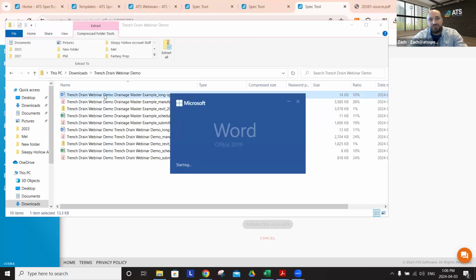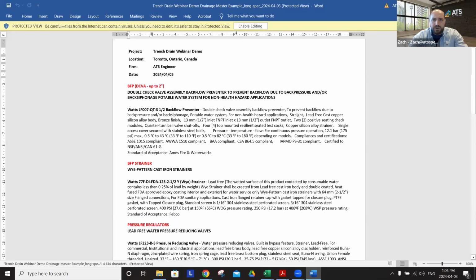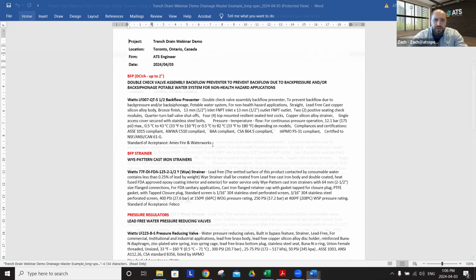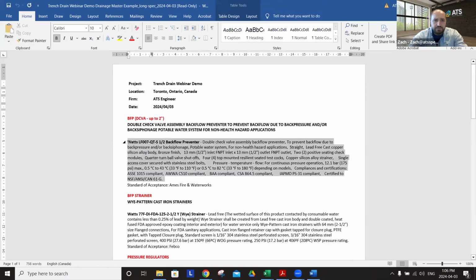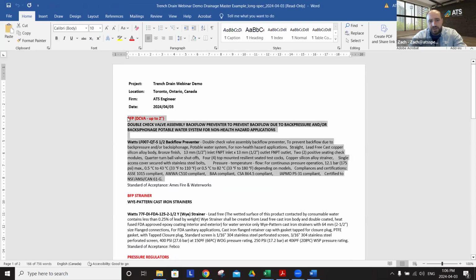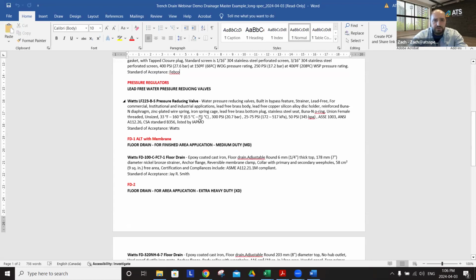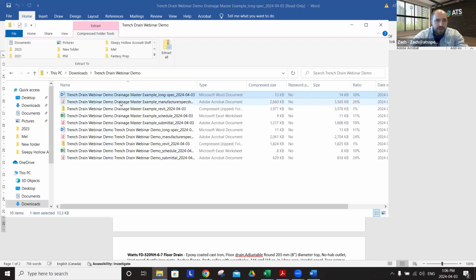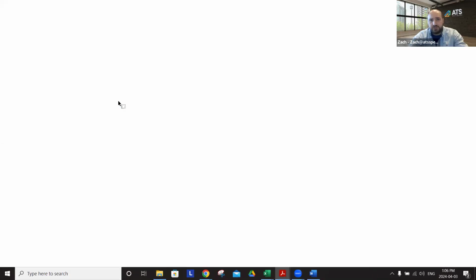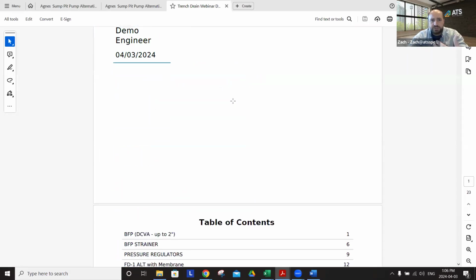We can pull up our trench drain written spec here, where everything's open and editable. Now we've got a nice preset piece here. I can copy and paste this and put it into my own written documents. I can open up my manufacturer spec sheet package, which gives a nice title page, nice